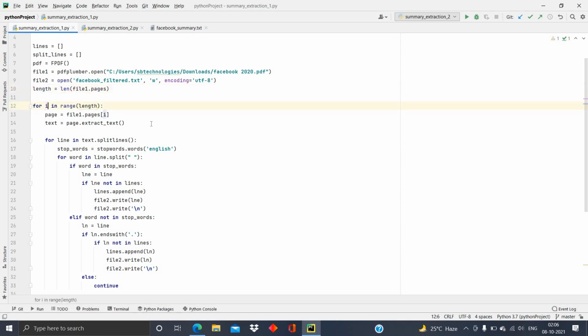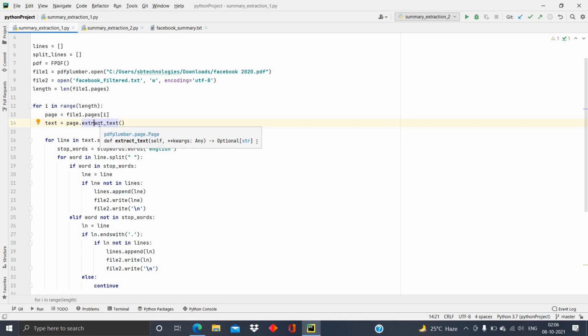Here, as you can observe, I am using a for loop to iterate through the entire PDF, page by page. So i indicates the page number here, and if it is 1, then the entire text from page 1 will be extracted using the extract text function.